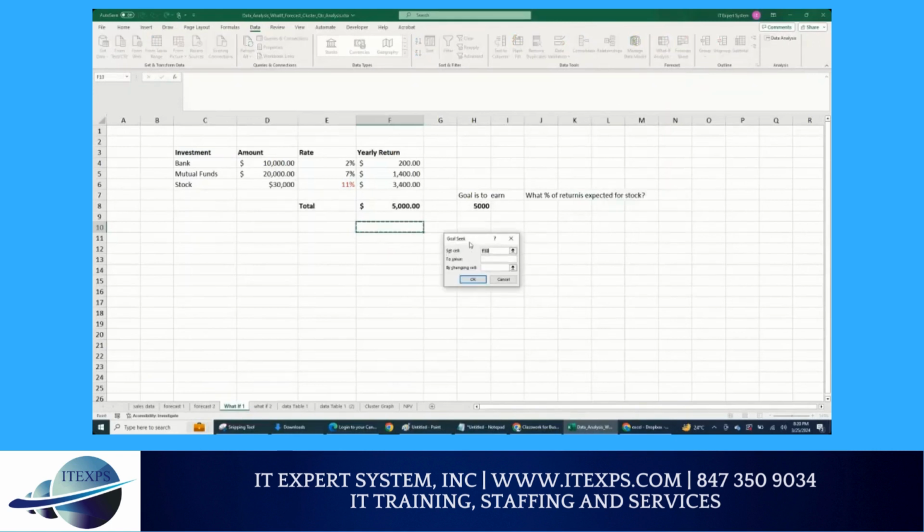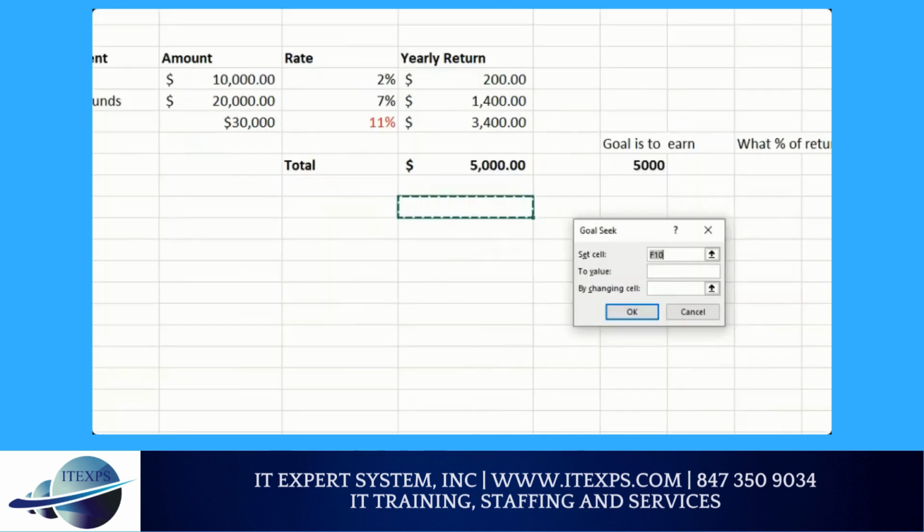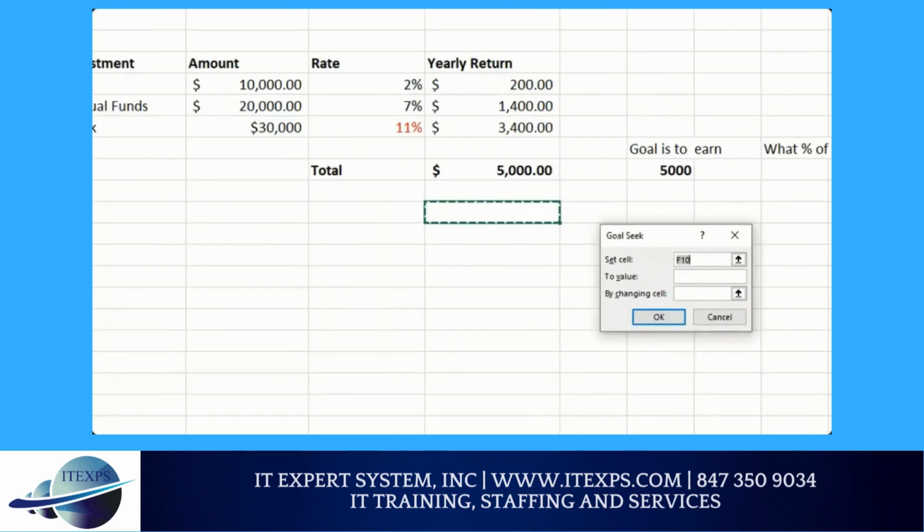I have three options. Please pay attention. The first option says set cell. So pick any cell where you want to write the answer. The second thing, to value. So here, set cell